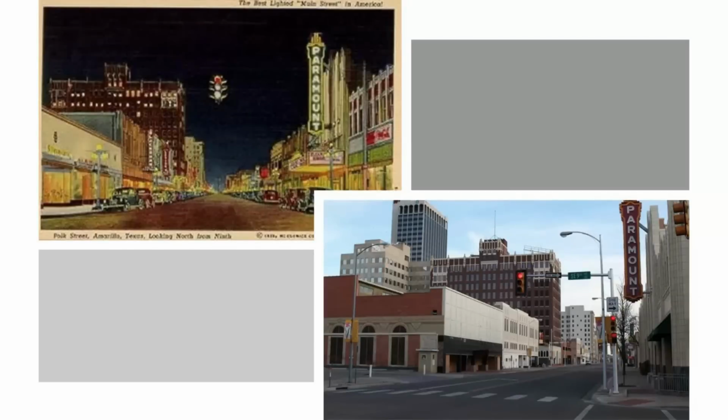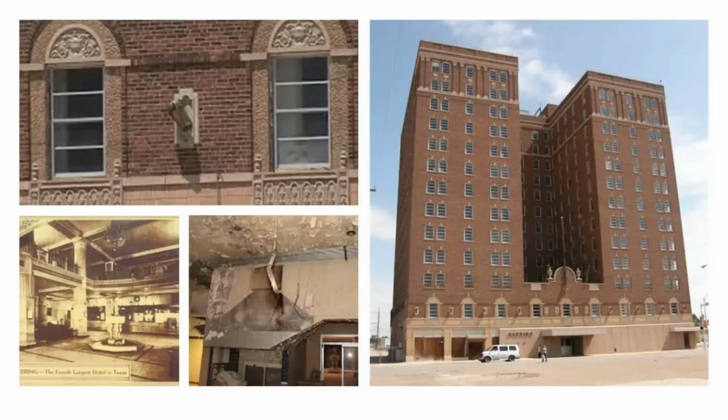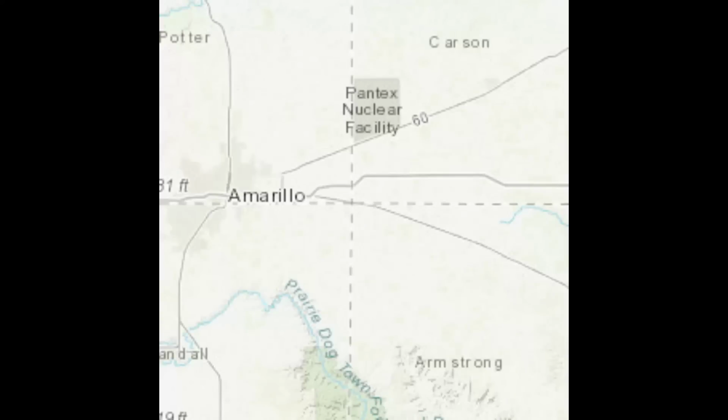Polk Street is the downtown historic district of Amarillo. The former Herring Hotel is on Polk Street. It was said to have been one of 3 oil boom-era hotels built in the 1920s. Though the Herring Hotel is the only one of those 3 hotels that is still standing, it was abandoned in the 1970s. Moving northeast out of Amarillo along the alignment, just 17 miles or 27 kilometers away, we find Pantex,